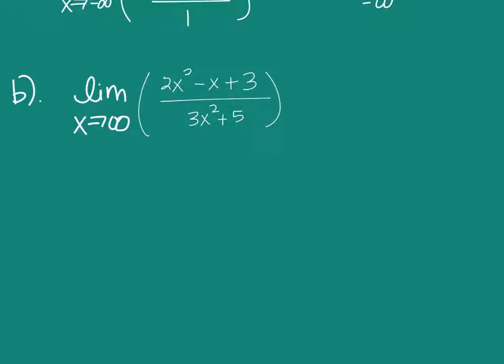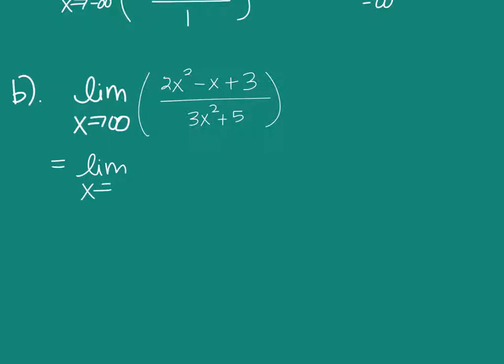Again, this is one of those squirrel moments. You're not supposed to get sucked in and distracted and think, oh, I'm just going to plug in infinity. Because if you do, you're just going to end up with infinity over infinity, which is that no man's land of an indeterminate form. Your algebra, you've got to be honed into that algebraic strategy. Divide through by the highest power of whatever x is in this equation.